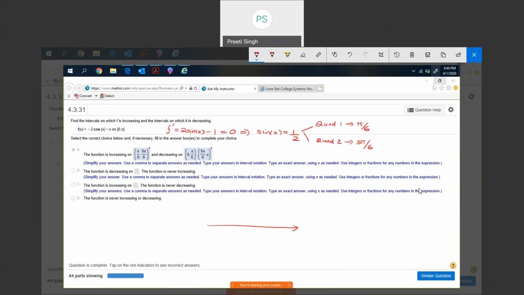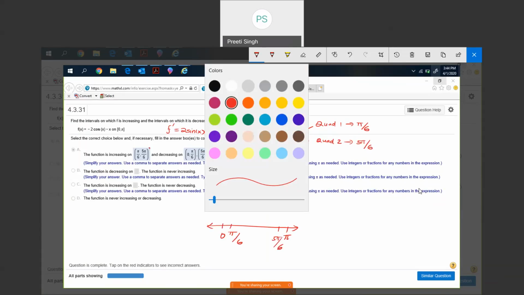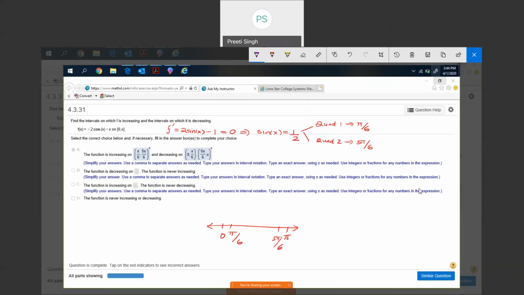I'm going to draw a number line starting from 0 all the way up to pi. Here I have my pi/6, and I have my 5 pi over 6 as well. So I need to get the test points and look at the values of f prime at those test points. I'm going to mark a few points here. Between pi/6 and 5 pi/6, I have pi halves, and between 5 pi/6 and pi, I have to figure out